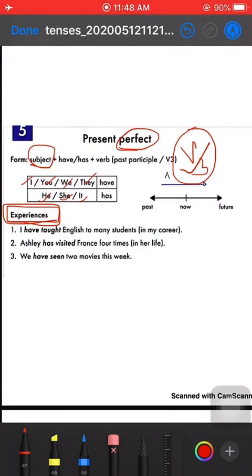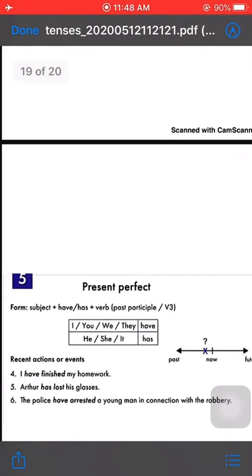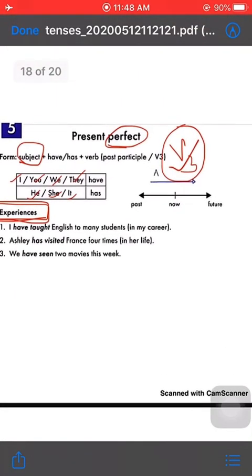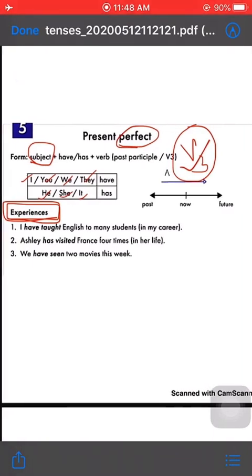So in these sentences, the time period is continuing or ongoing: my career, Ashley's life, and this week. But if the time period is finished, we just use the past simple tense. See, if I say, I have taught English to many students when I was a teacher, that means